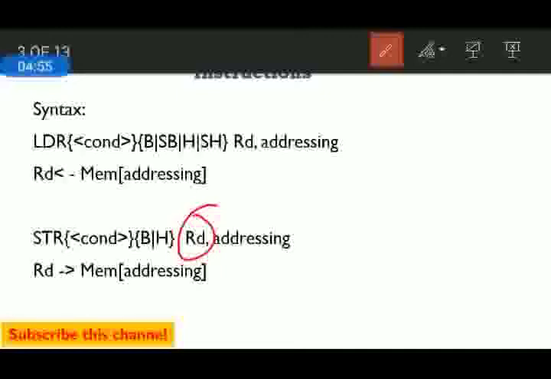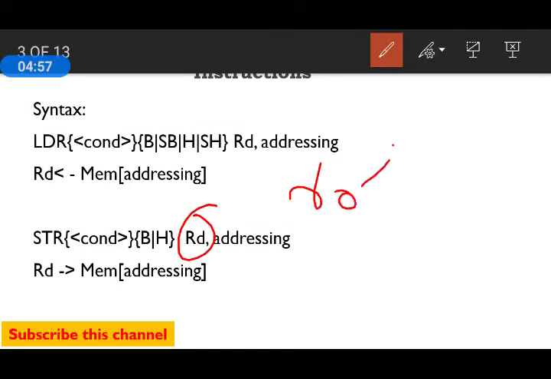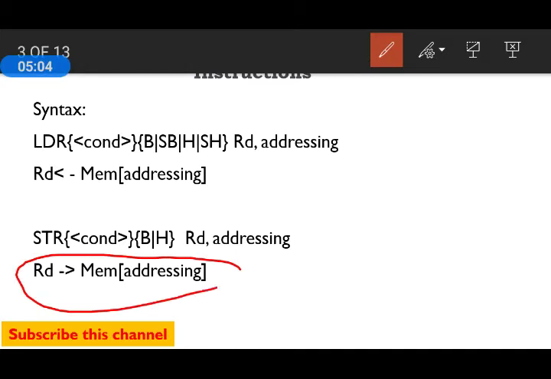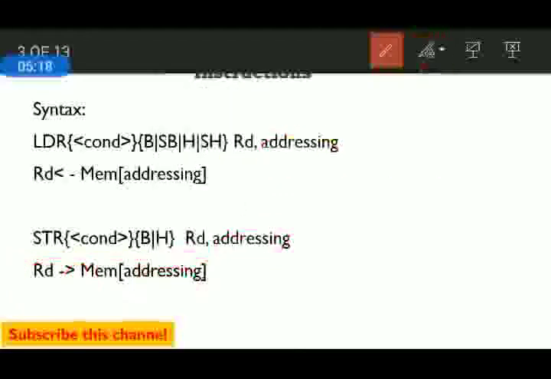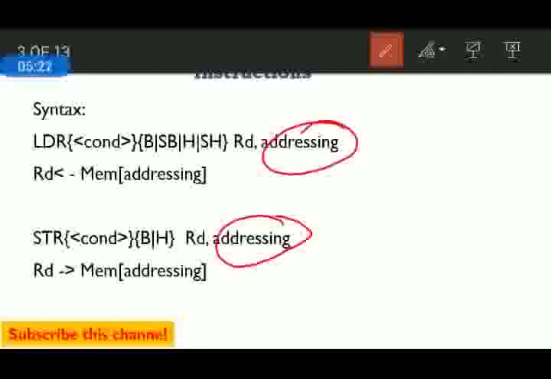Okay, so this RD, once again, may be any register from R0 to R15. In a single statement, the working of this STR can be explained with the help of this: RD content, you can see the arrow mark here. RD content will be copied to the memory pointed to by this addressing. So this addressing is important. Overall, the addressing of LDR and STR is the present topic, which has the indexing methods.